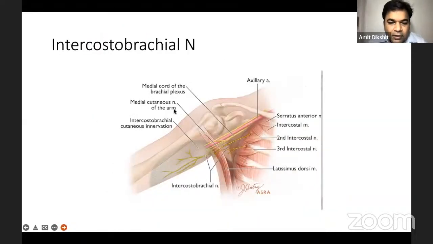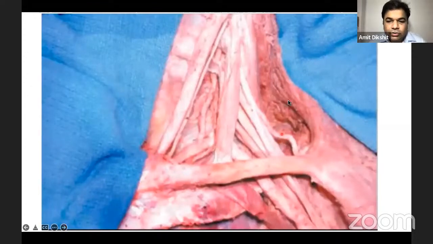Intercostobrachial is very, very important, and now people are talking about ultrasound guided block, and we have the thoracic part. So we have proximal intercostobrachial, where we block it at the thoracic area, and then again we have a distal intercostobrachial. Most of the time, most of us probably would do a local infiltration in this area, but with ultrasound the precision has increased. We need to know something about this trunk, the upper trunk,